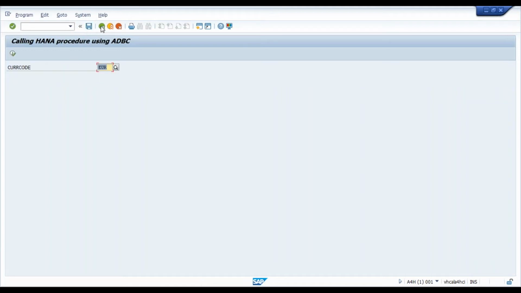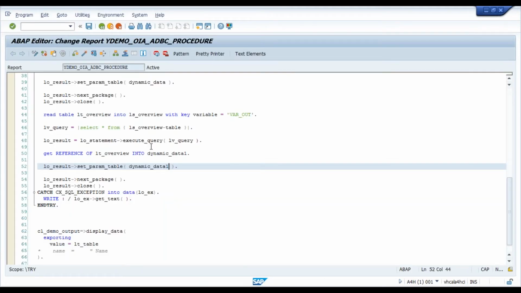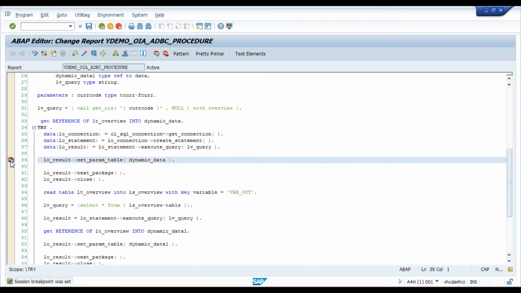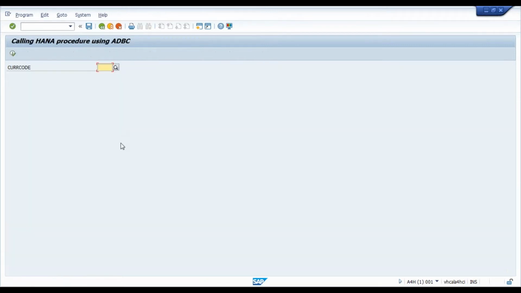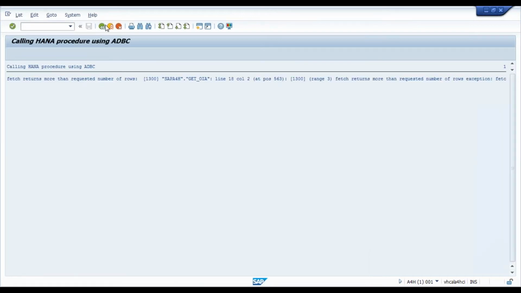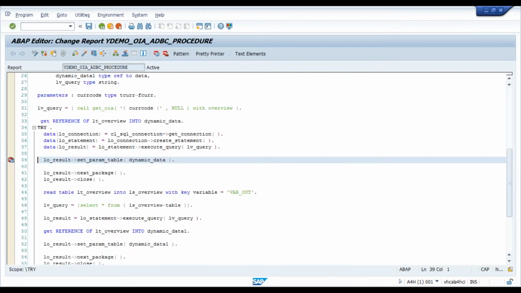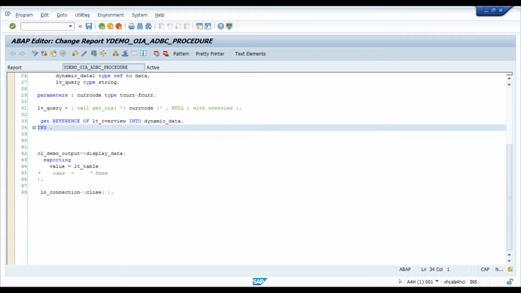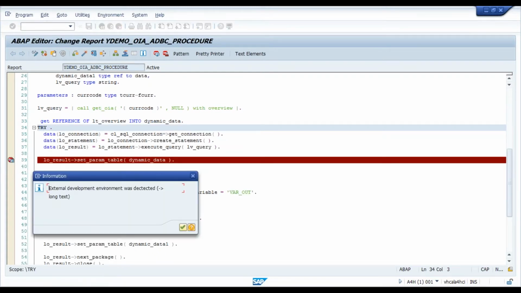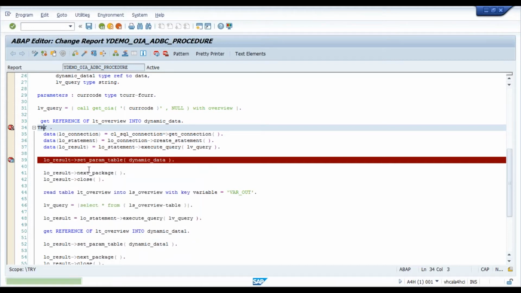Again, same issue. So let me quickly check it. There may be some problem. Let's debug the procedure to see which statement is throwing this issue. So I put a breakpoint, execute it, and let's debug our ABAP program. Which statement is the culprit now, because we are not able to guess which is causing this problem. It's not even hitting my breakpoint. Let me come back and try setting up a breakpoint again. Actually, it didn't even reach that point.